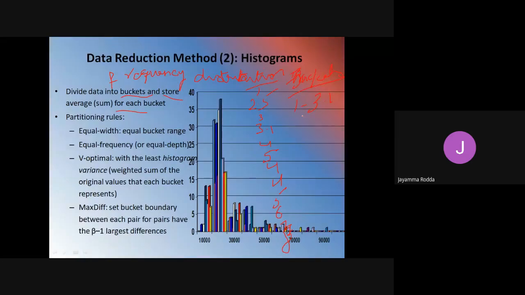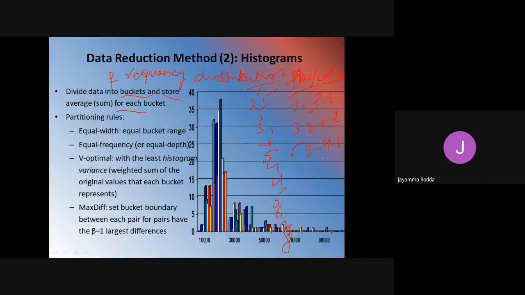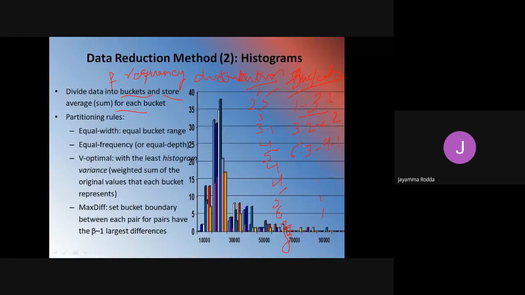Then 3.2 to 6.2 will be another bucket. Then 6.3 to 9.1 is another bucket. Likewise, I will divide the buckets. This is bucket 1, bucket 2, bucket 3. These are the 3 buckets. Okay, do you understand this?